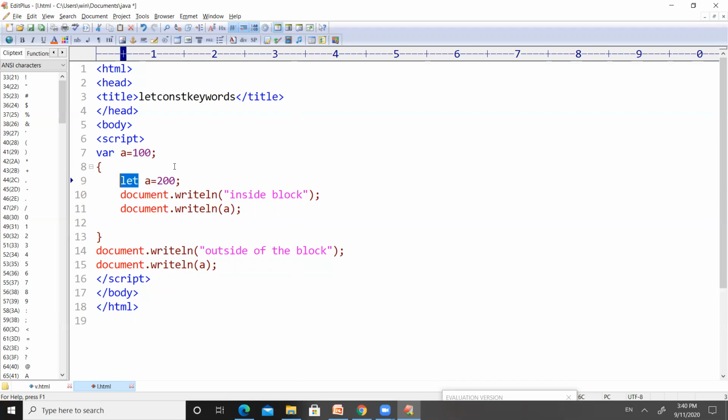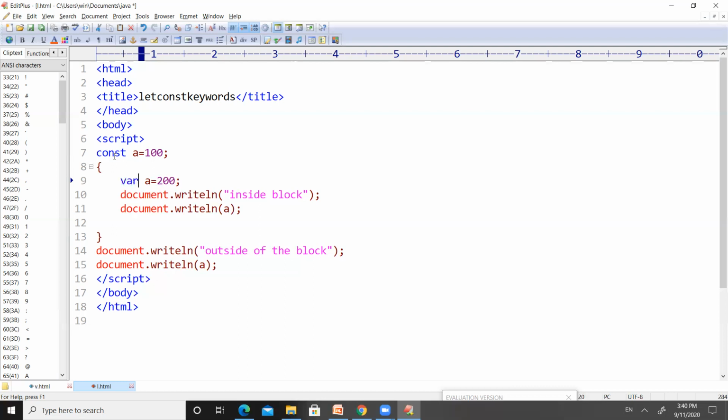Next one, let us see how the constant keyword will work, right? So the same A variable is defined with constant keyword, constant A equal to 100, and then we try to change the value of A to 200.